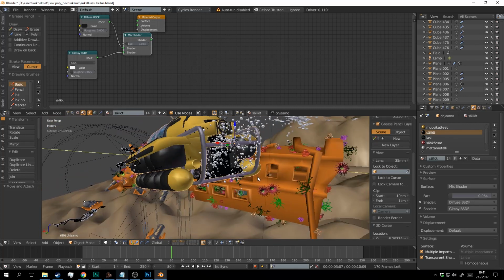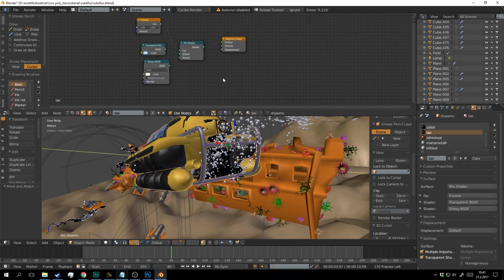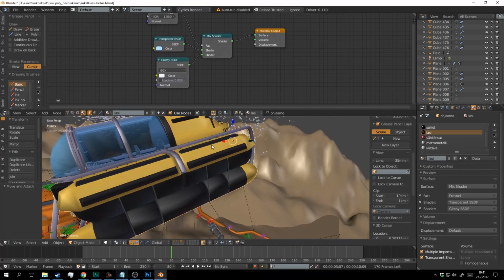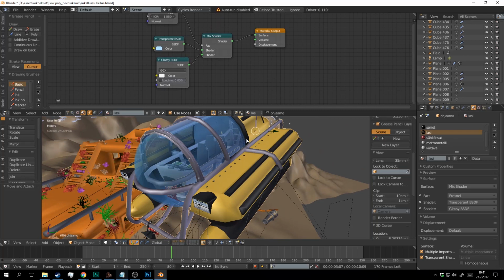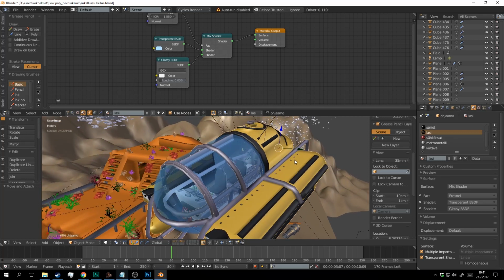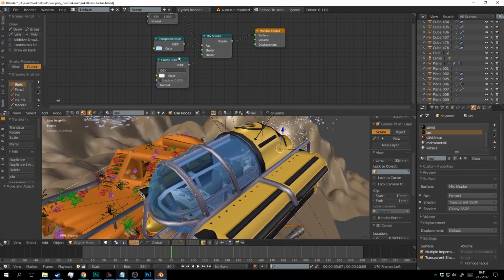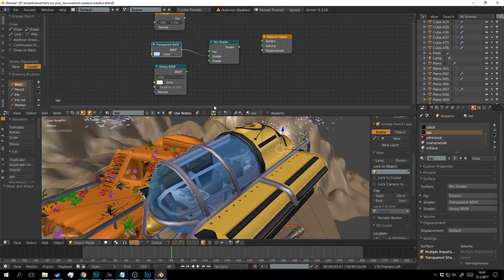And then we have here this glass material. With glass I used a little trick. It was not the typical glass-shader-only solution. Instead of that I had a transparency shader and glossy shaders together, and I control the transparency with a Fresnel node.